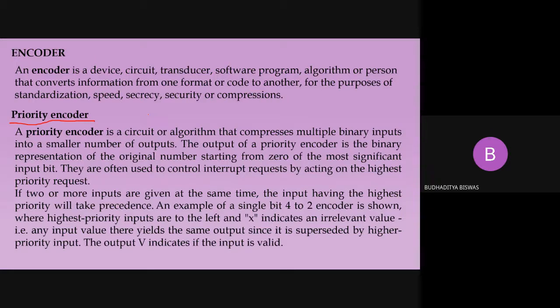So there is one circuit inside the processor. Are you listening? Yes, sir. Okay, so there is one circuit inside your processor which decides which thing has the highest priority among the different interrupts. This circuit never operates when everything is normal. When everything is normal, your brain does not decide which thing you need to do first. But the function of this particular circuit is that when many interrupts come to the processor simultaneously, it detects the priority level, and based on the priority level, it instructs the processor to do that one, except the normal work.